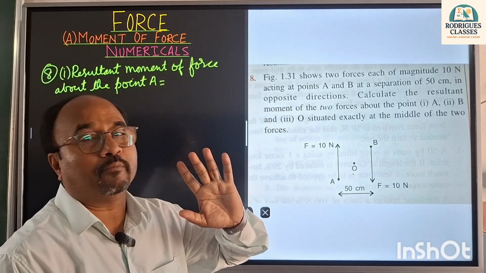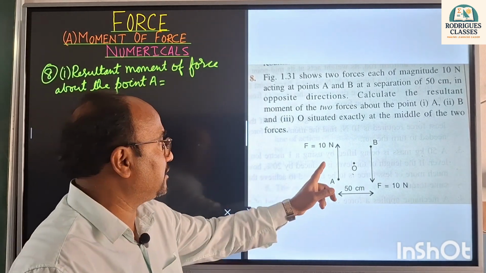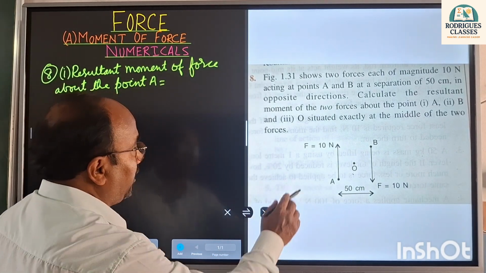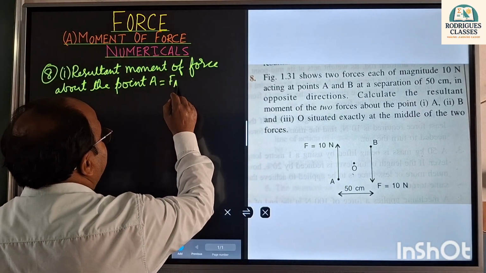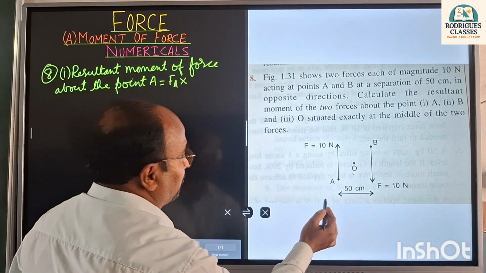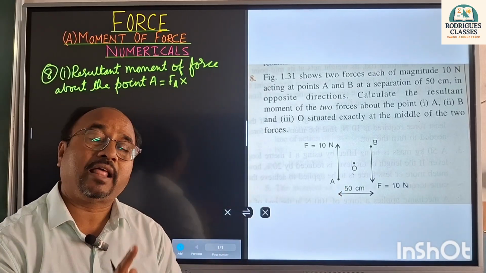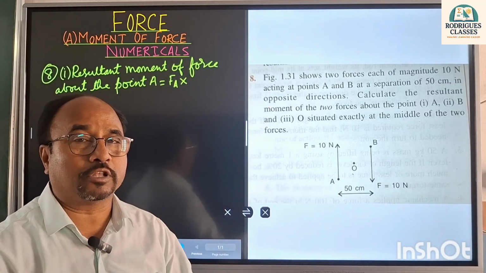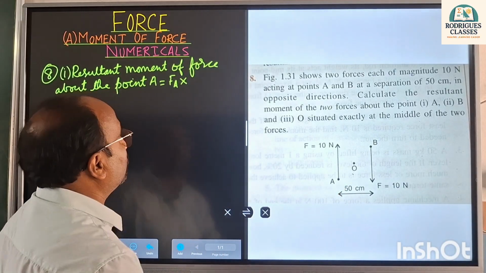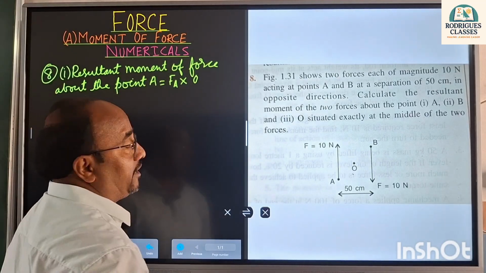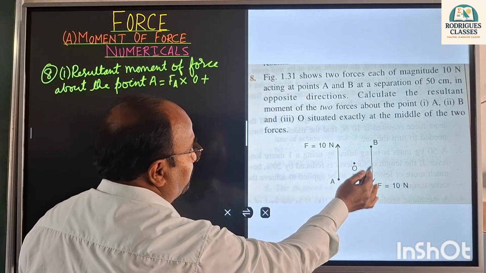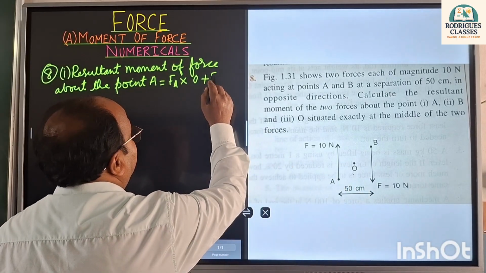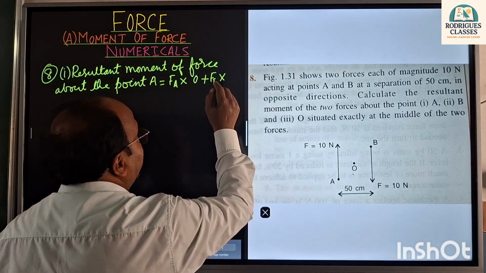When we are talking about the point A, that is the force Fa, I will call it force Fa. In this, the perpendicular distance, the point and the application of the force are the same. So the perpendicular distance becomes 0. So I'll be writing here Fa into 0 plus, when we are taking the force FB, FB into,